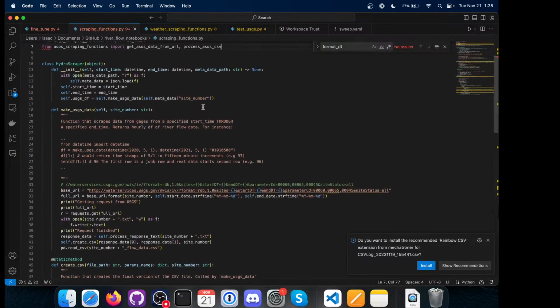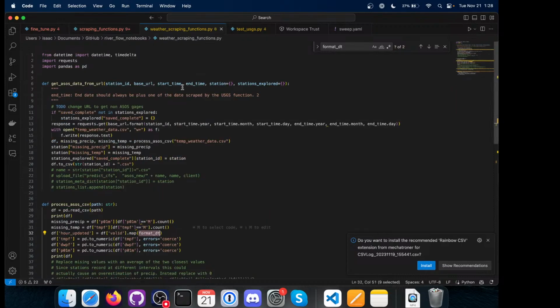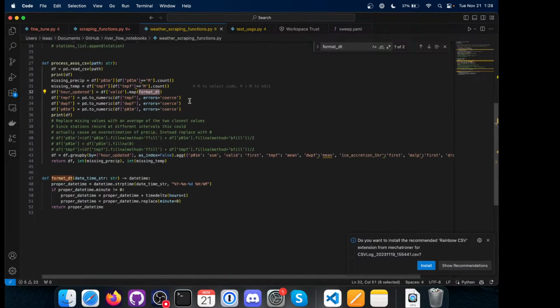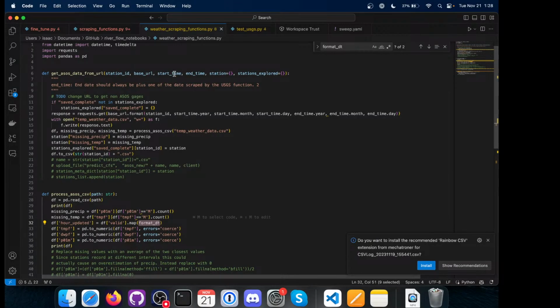And then what we'll do is then, so get ASOS from URL. So we need the station ID, the base URL,